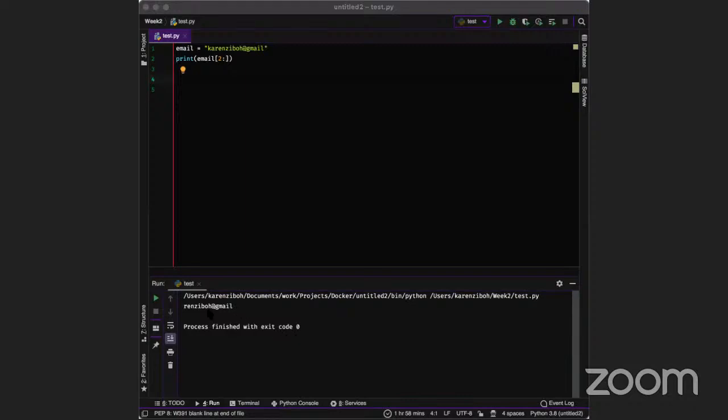So I think that's everything about strings for now. There are still other functions that Python has provided for manipulation of strings, but these are just a few of them. So